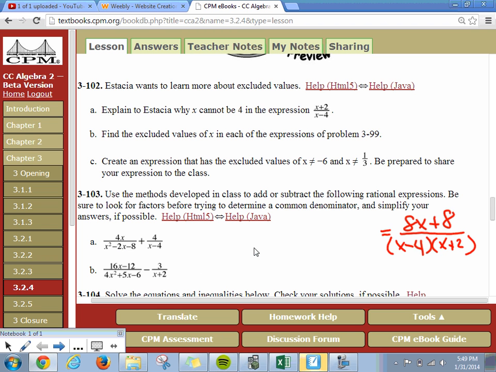So for this one, again, we're going to want to factor out our denominator. And it also looks in part B that with 16x minus 12, there's something we can pull out. There's something they have in common, which is going to be that 6. So let's go ahead and take care of that. 6 times, we know that, oops, just kidding. You cannot pull out 6 out of 16. My bad. We can pull out a 4 though. We'll be left with 4x minus 3